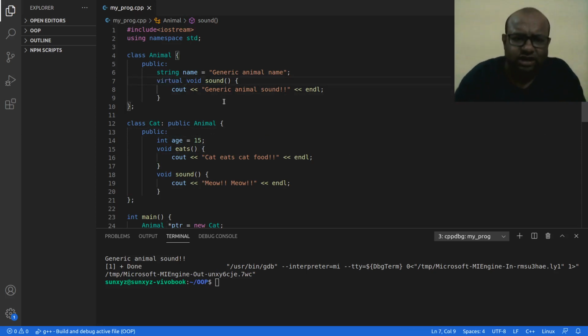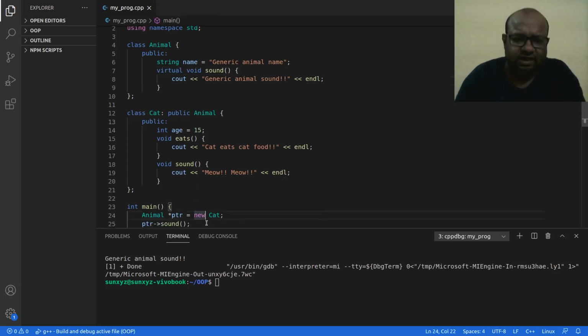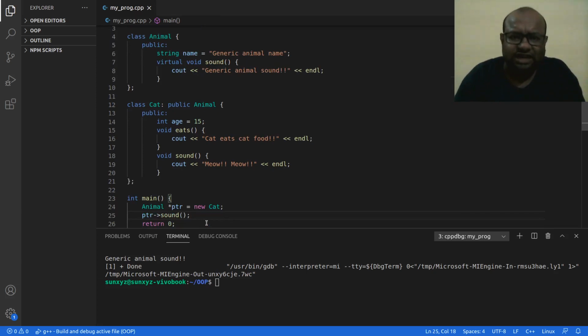When I did not write the keyword virtual and executed this sound method using this animal class pointer pointing to a cat class object, it printed generic animal sound to the standard output. That means the sound method of the parent class was being called.